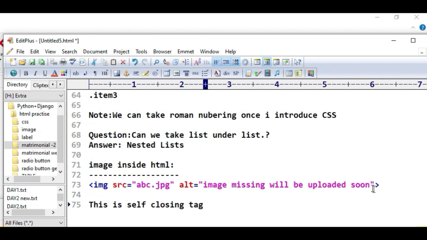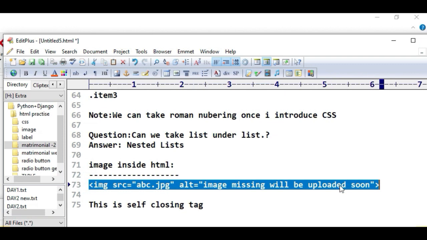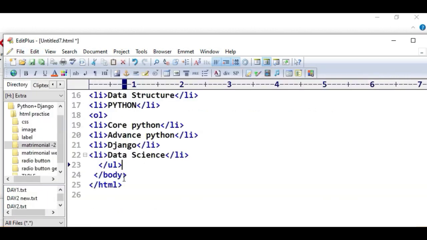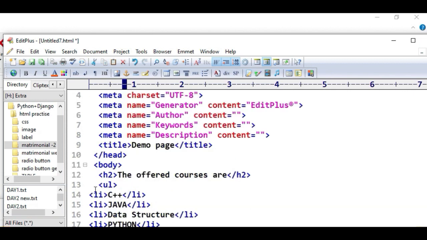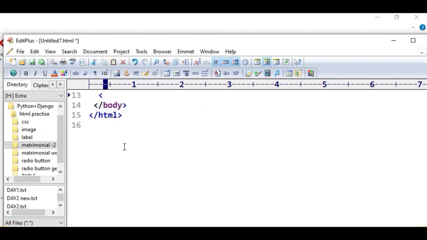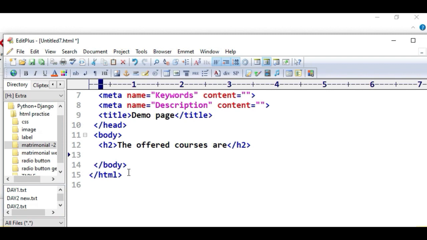So let's see if it's working or not. For example, again we have to open our demo page or any other page and remove unnecessary things. H2, for example, our brand ambassador is.